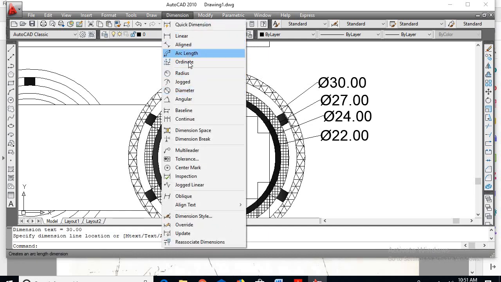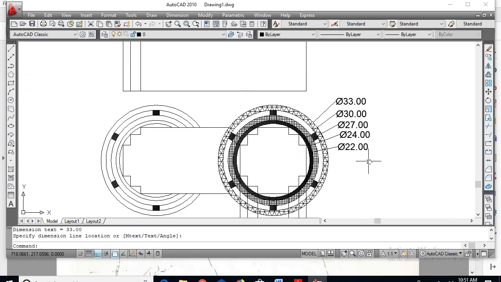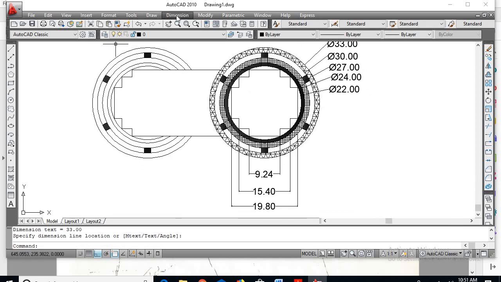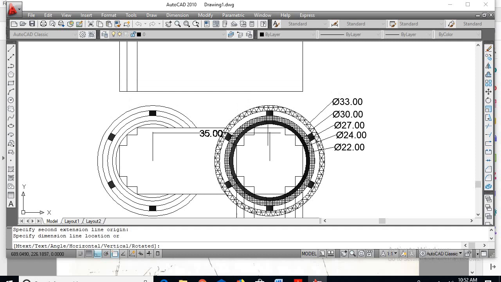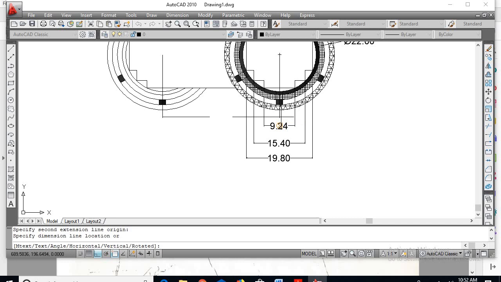Next diameter 43 centimeters. Next, the distance from center to center is given, go for linear. From the center to the center is 35 centimeters. Either you can show it at the top or you can show it here as 35 centimeters.